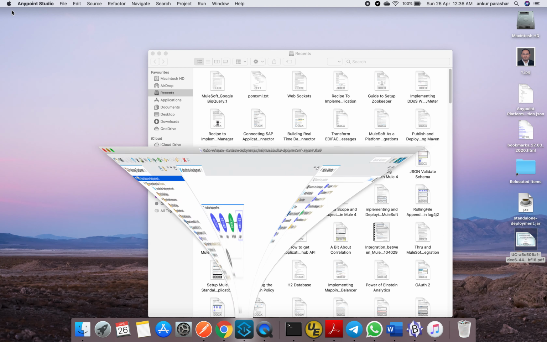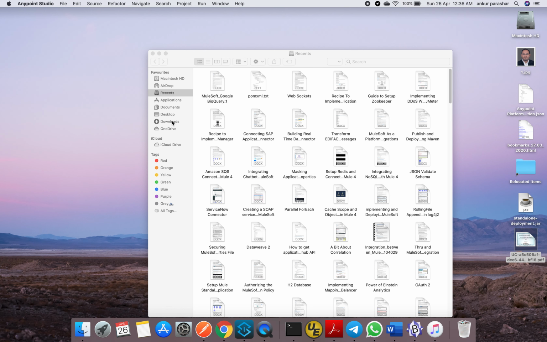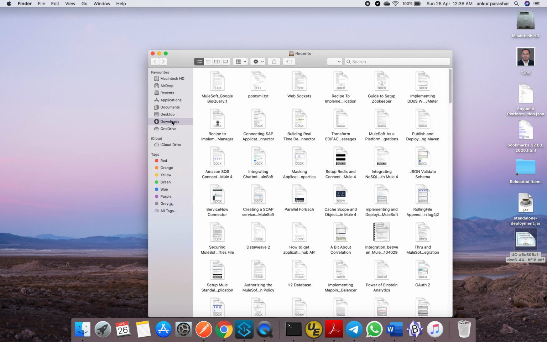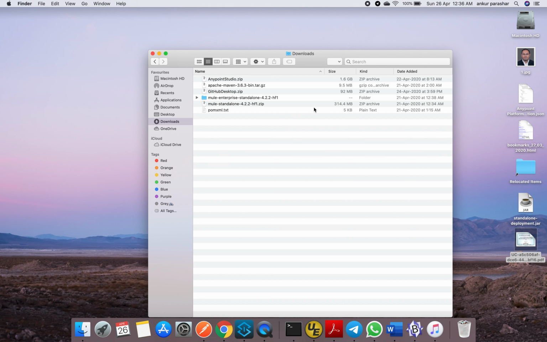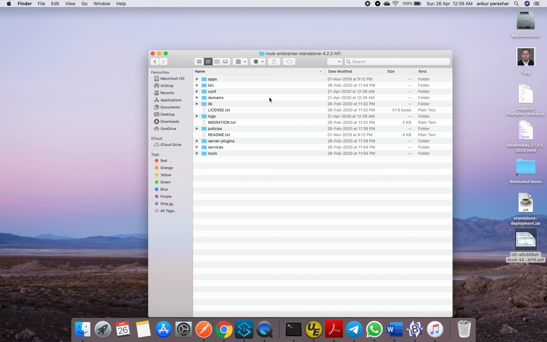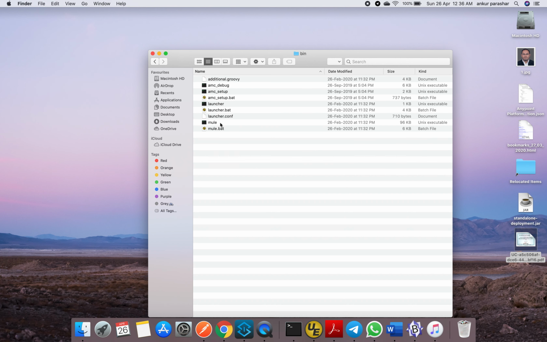So let's minimize this, and now we will go to our downloads, where we have already kept the Mule Enterprise standalone version. I am using 4.2.2 hotfix 1, and first we have to start the Mule Enterprise runtime server. So you have to go into the bin folder and just run this mule command.